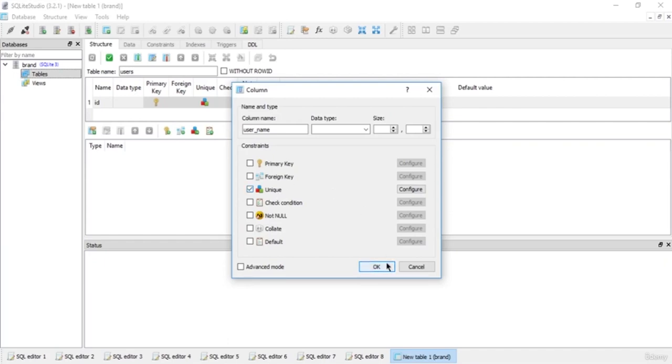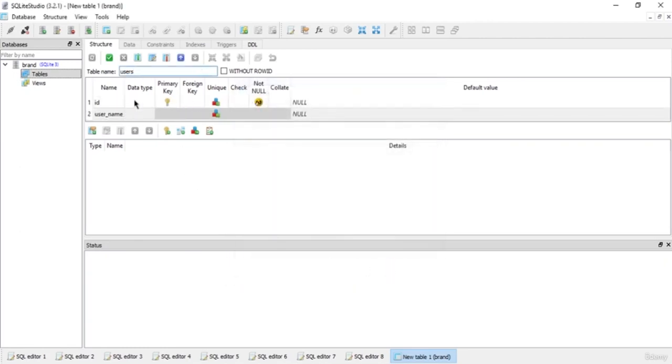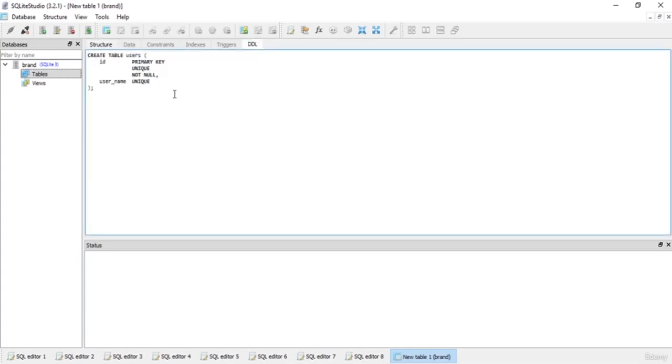Whenever there's an update, this value will be updated, and no duplicate value will be there. So I have two columns for this table, but I don't have any row for now because I'm just creating a table. I'm not filling any tables. So right now this is created, but it's not committed to the database, meaning I did not save this table to the database. So this is the code that has been generated